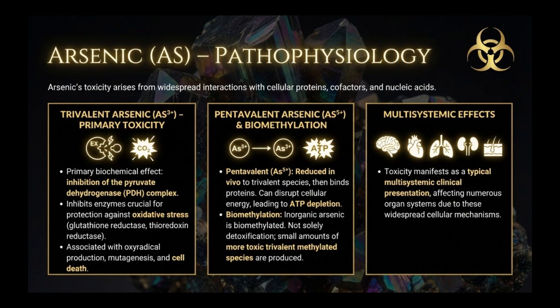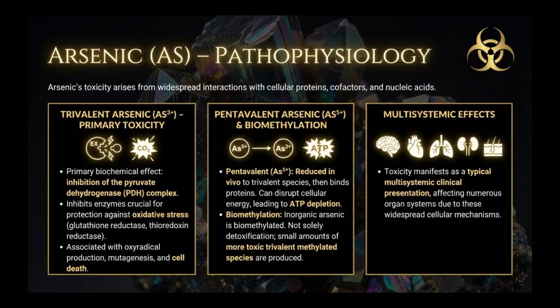Inorganic arsenic undergoes biomethylation primarily in the liver, converting it into more water-soluble monomethylated and dimethylated metabolites. While these metabolites are generally less acutely toxic, small quantities of methylated species in the trivalent state are produced, which are more toxic than the inorganic form of arsenic. Therefore, methylation should not be considered solely a detoxification process. Genetic differences affecting the efficiency of methylation are linked to a heightened risk of chronic health impacts related to arsenic